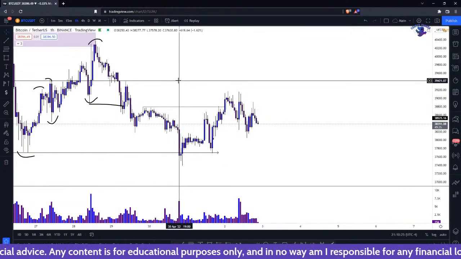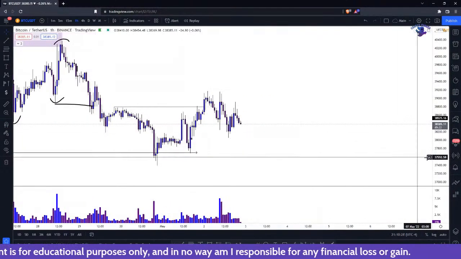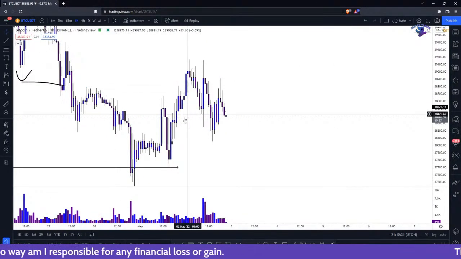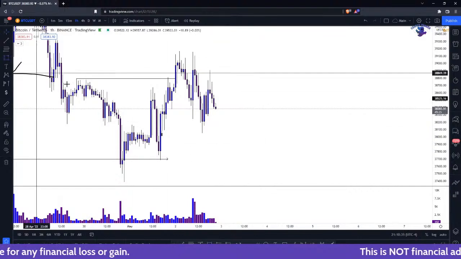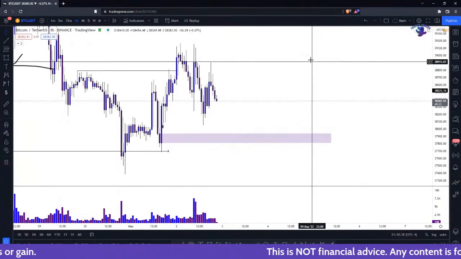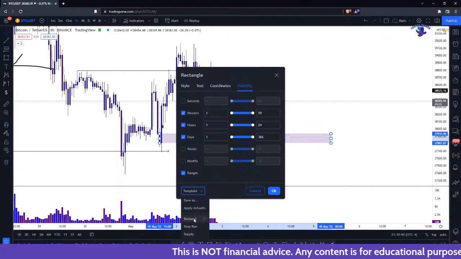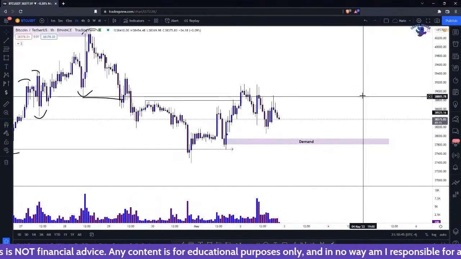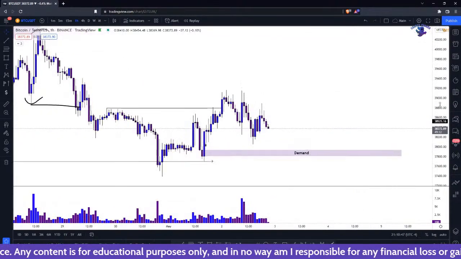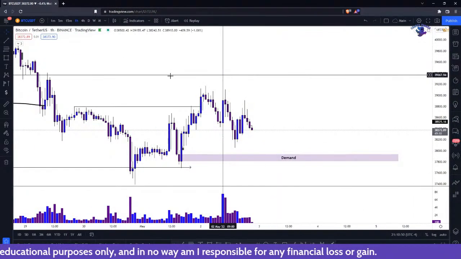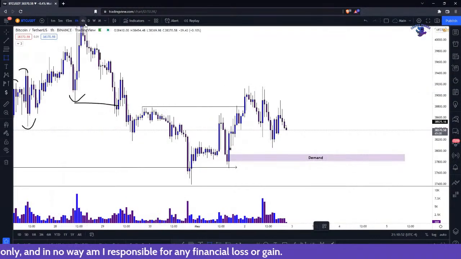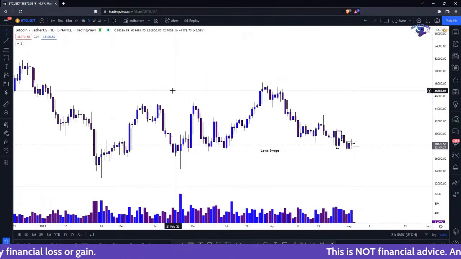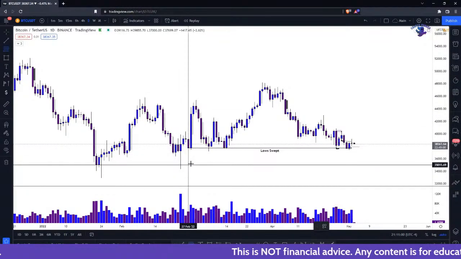Notice we got a change of character. Whether you look at this wick or this candle close, it's really the same price swing that did it, which is going to come back down to this mitigation right here. It's 1 hour demand right there in that order block. So you could have kind of a bullish case there, I guess, but this is how you can get tricked and get screwed trying to long stuff whenever you're forgetting the high time frame narrative. And this is why I always stress how important it is to stay mindful of the bigger picture.